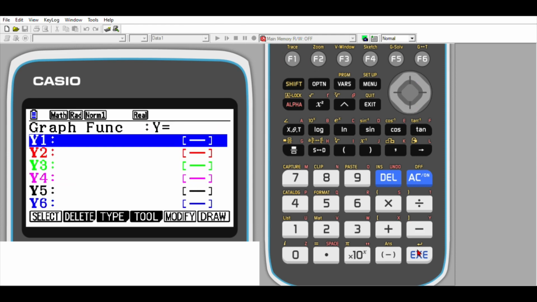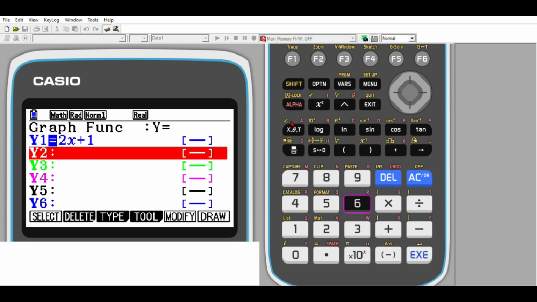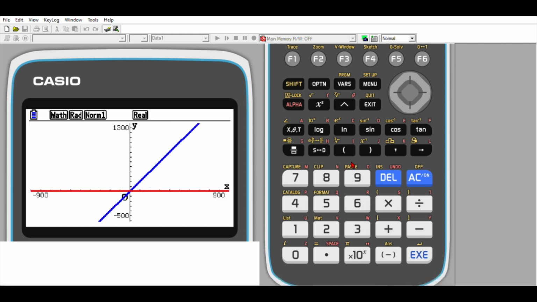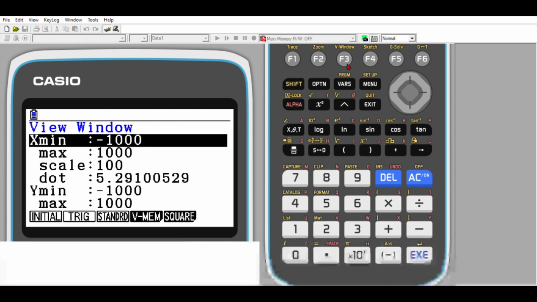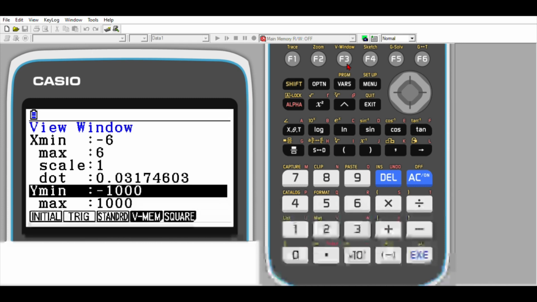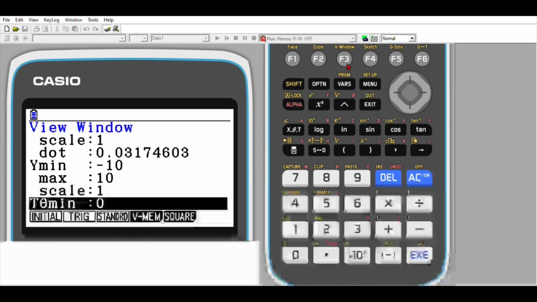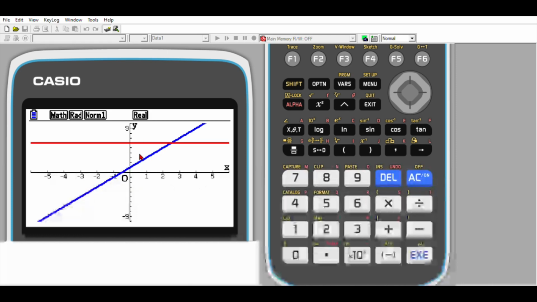I'm going to plot the 2 equations. The first one for part B was 2x plus 1. And the second one was just 6, right? Y equals 6. So you see that if you draw this, you're going to get, let me change the scale first. Shift V-Window. We're going to make it the same as we had in the exercise, from -6 to 6 scale 1. And y goes from -10 to 10 scale 1 as well. So if we draw this, you'll get this, but you see that this is not